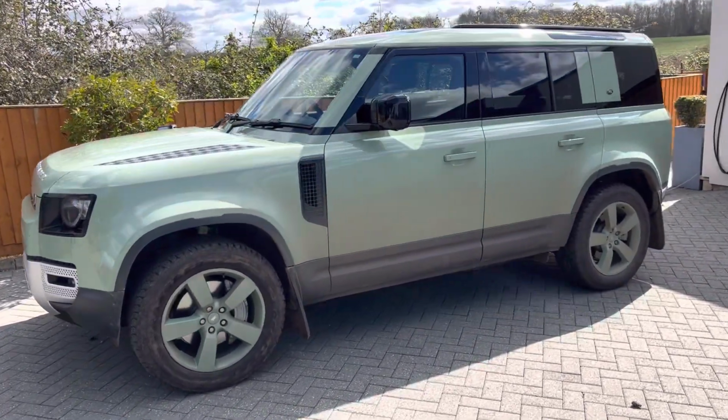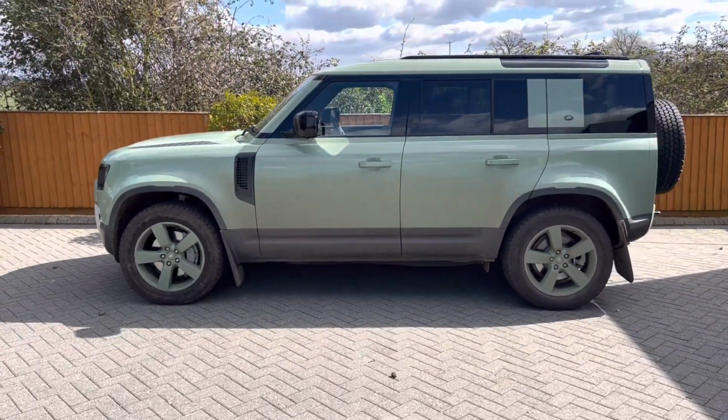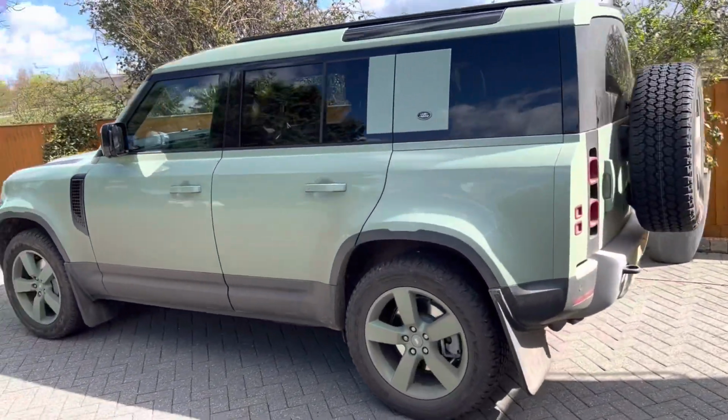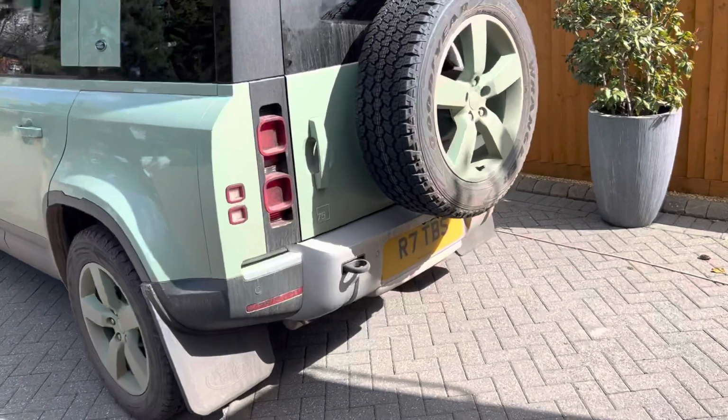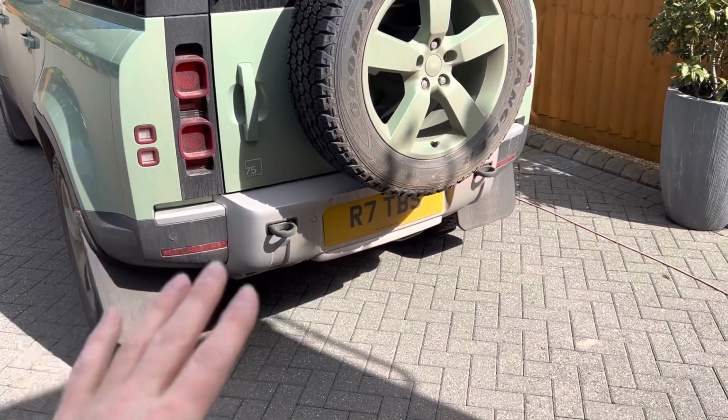But we actually like the colour, so for us it was great. And I am making some subtle changes to the outside, but no gloss black or anything, and no more Grasmere green. I'm just going to subtle it up. I would prefer, this silver is growing on me bizarrely, because of course it echoes the